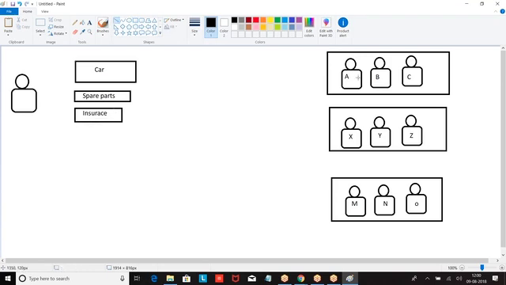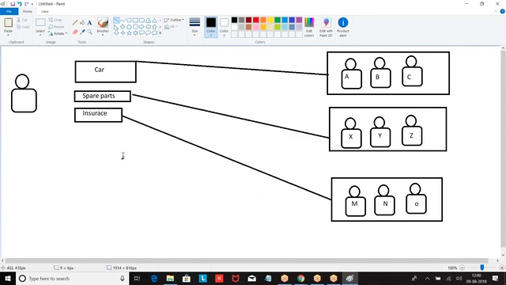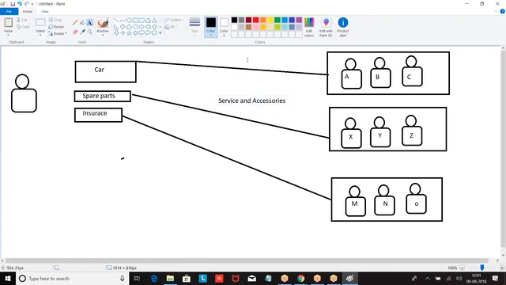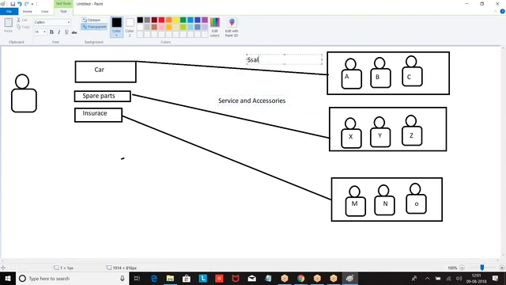This team is responsible for selling the vehicles. These people are responsible for selling the spare parts. These people are responsible for insurance. Service and accessories, this team is doing. These people are responsible for sales.